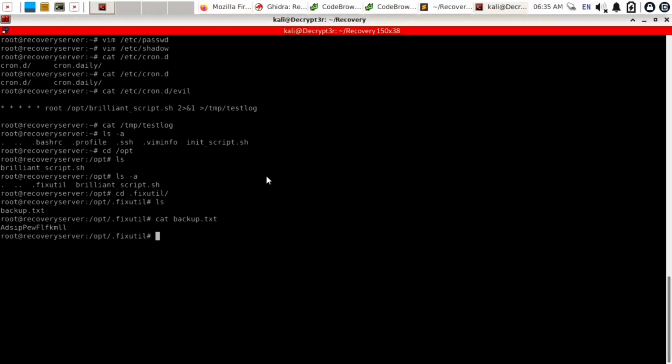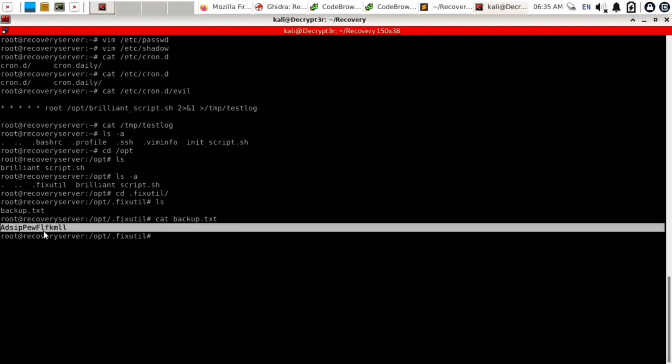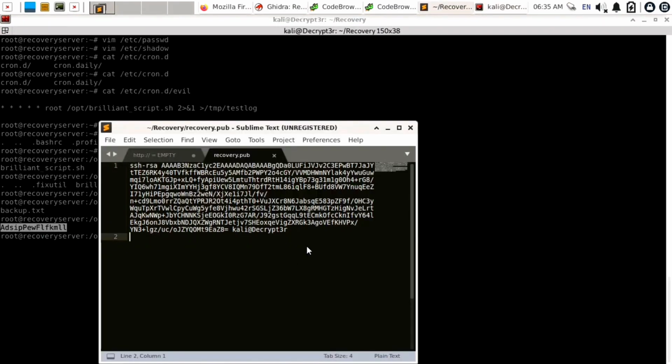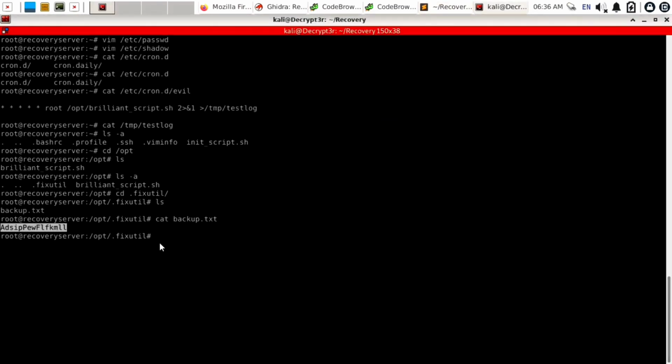So open the terminal again, and to find index.html you can use the command find. First copy our decryption key, open Sublime Text Editor and store it somewhere by Ctrl V. Let's find index.html by using find, then slash is the parent directory.